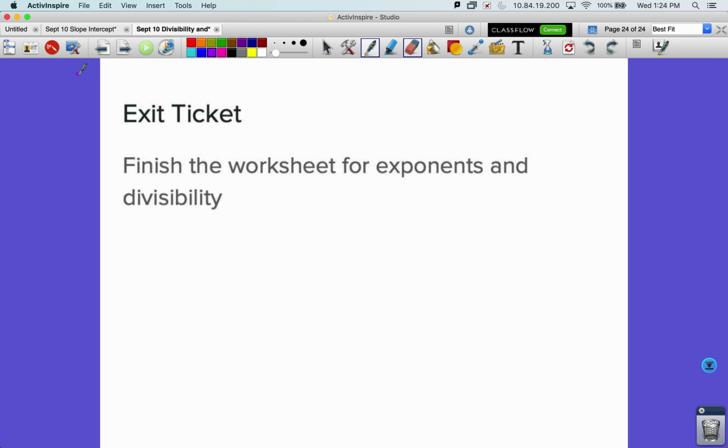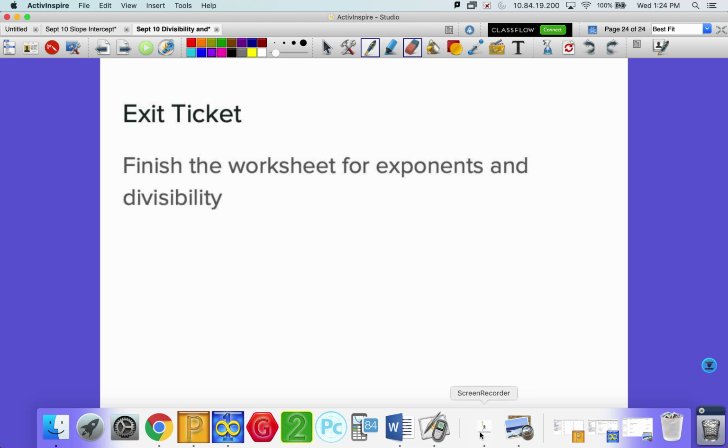All right, and you've got lots of practice for this on the back of the worksheet that's titled Exponents. The back side is all about divisibility. So good luck with that. Finish up that worksheet. Have a good rest of your